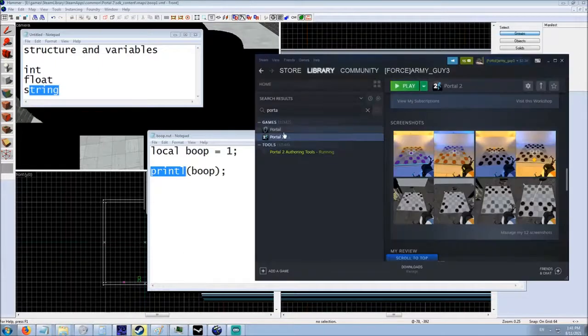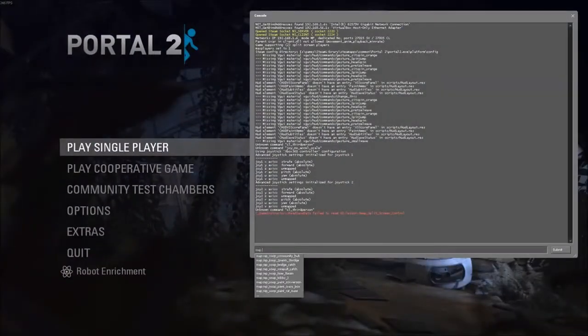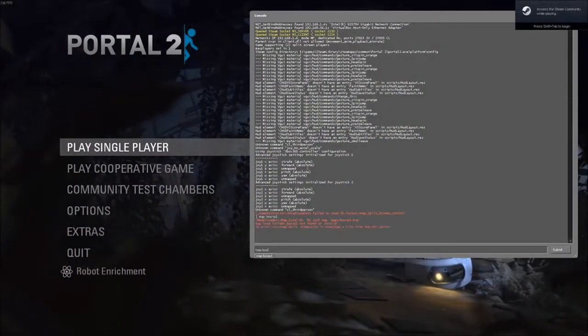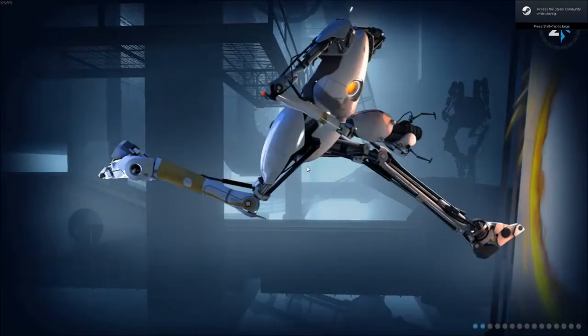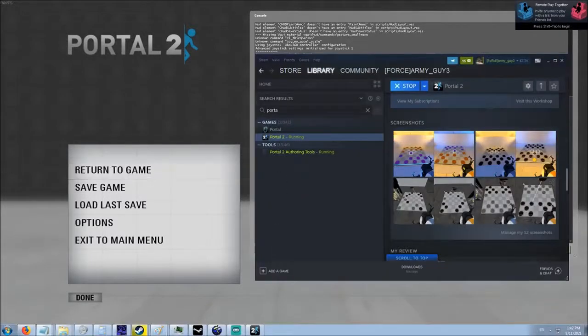And I got rid of portal, didn't I? I did. Oh well. Okay, I typed it in wrong. Okay, so you can see here that this is what we printed in. So we got a 1 value here. So now, with our code,